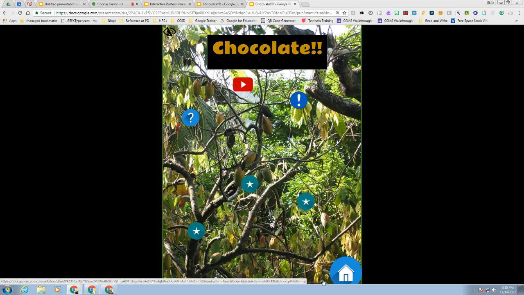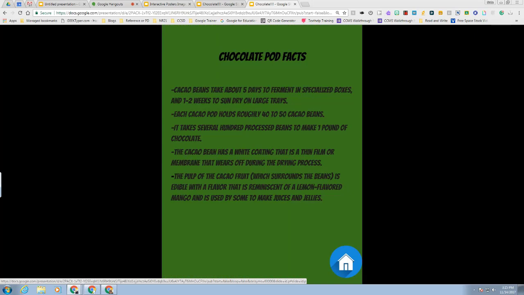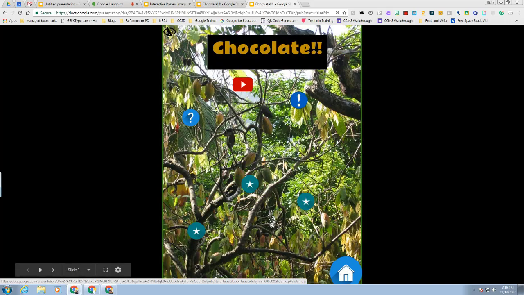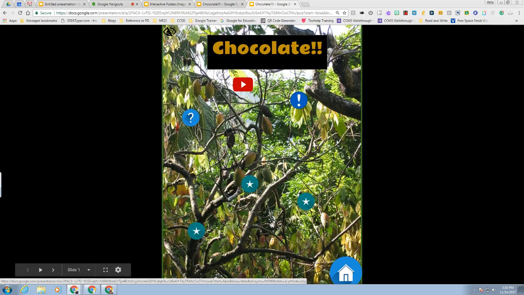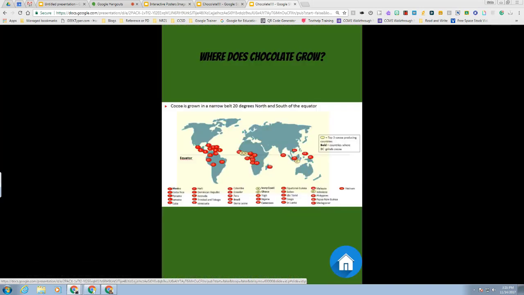Here is an I icon. Here's an icon on these pods. And I'm like, what is that? So I'll touch that. Chocolate pod facts. Here's some facts. If I want to go back to the main one, I could say, oh, cool. Well, tell me a little bit about the tree. Here's the tree, and it talks about some of the facts that I have learned about chocolate trees. So I'm showing what I know about that. If I come back here, I'm like, what is this out here in the jungle? What does that mean? Oh, it's showing me where chocolate grows. I have a map that I found, and